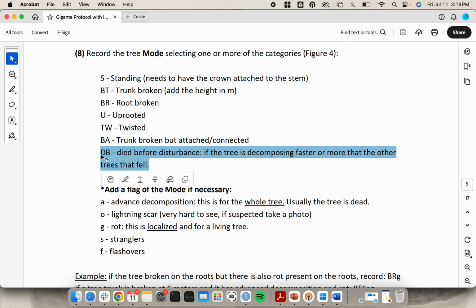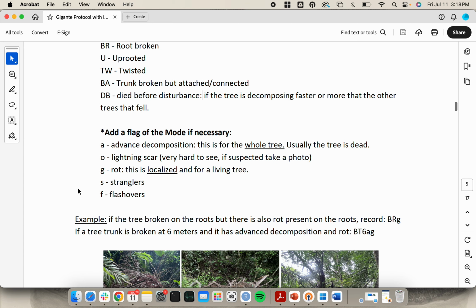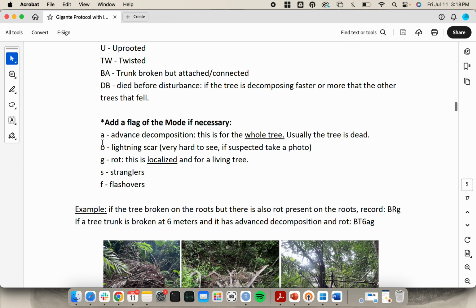So if you go to the gap and you find the tree is very, very decomposed, so the wood is very old and it's almost like sand, you can see it's very, very decomposed, so it's likely that this tree died way before the drone detected this disturbance. You can also have flags to this one. So if you see that the tree has a lot of decomposition, so basically the tree is dead, and advanced decomposition is for the whole tree. So if the whole tree is already decomposing,